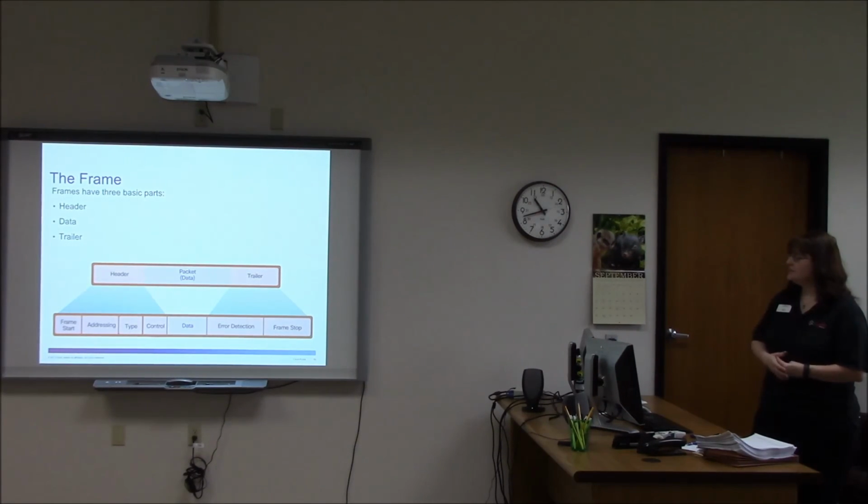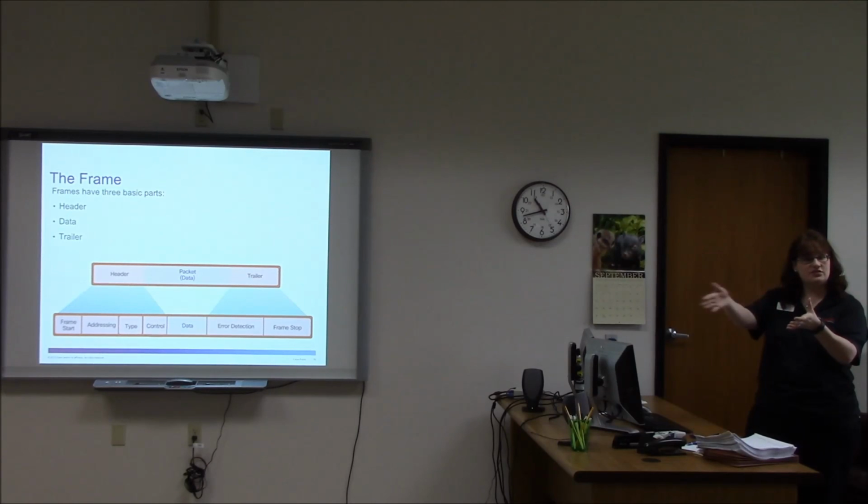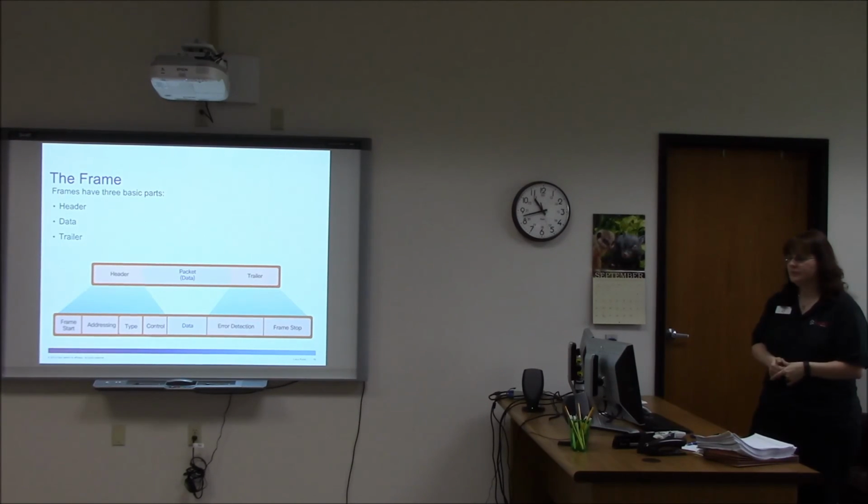A frame has some parts to it, so we call these headers, right? There's the header at the beginning that's got start and stop indicators that basically say this is a pattern of bits that tells you a frame is here. So listen to the rest of this because it's all part of the frame. The addressing, so that's the source and the destination. At the frame level, everything is in MAC addresses. So that's going to look like a MAC address. The type